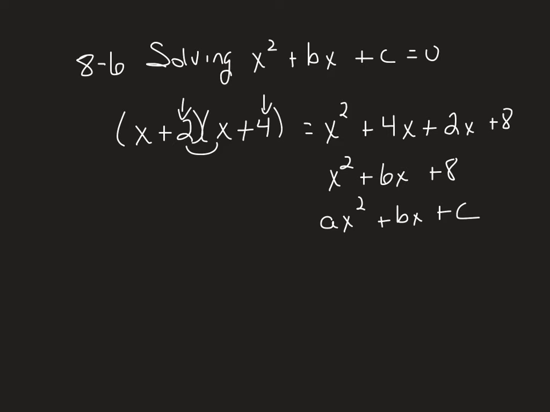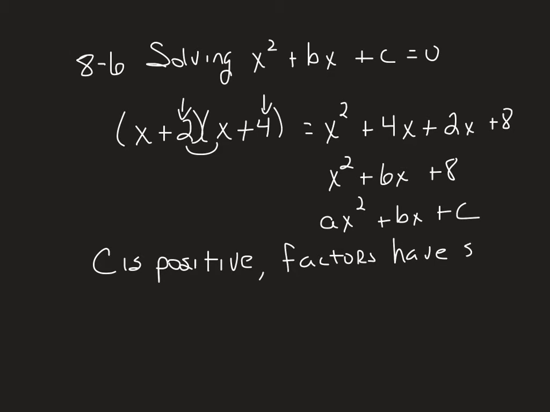And there are some things that we need to think about, that we need to understand, that if c is positive, then the factors have the same sign. All right, if c is positive, the factors have the same sign. Notice in the one that we did, we had x plus 2 times x plus 4, and c was positive. If we did x minus 2 times x minus 4, well, when we multiply that out, we get